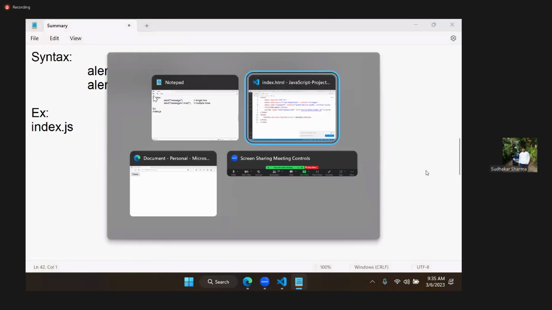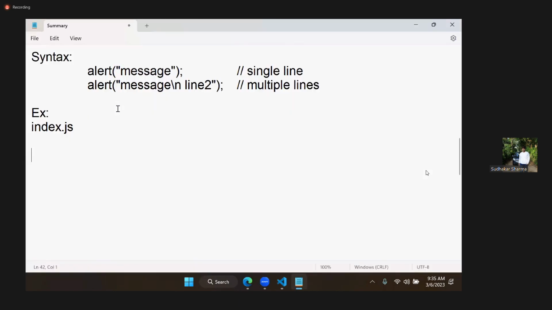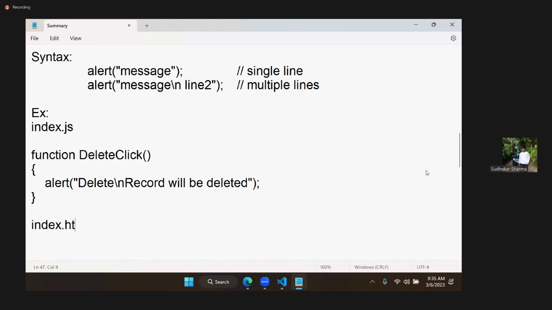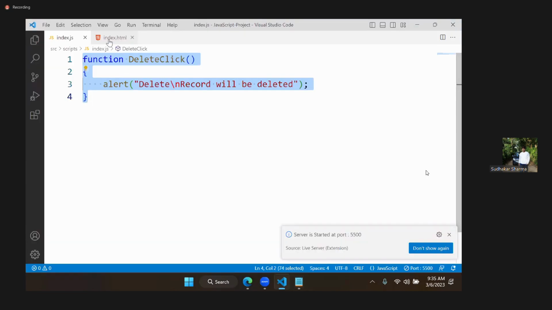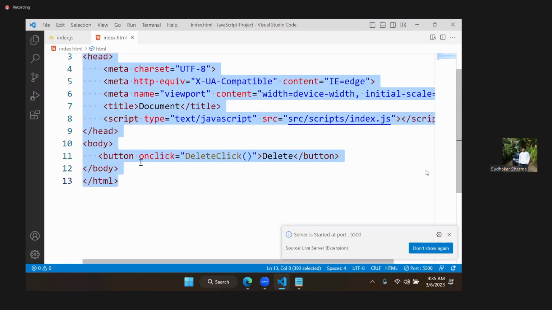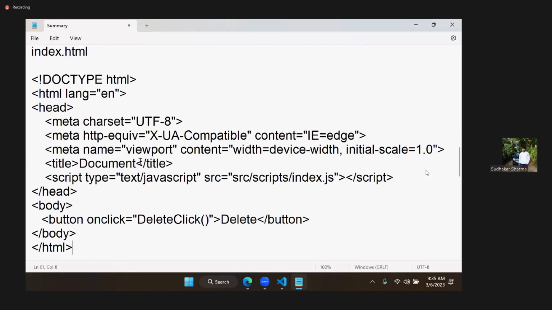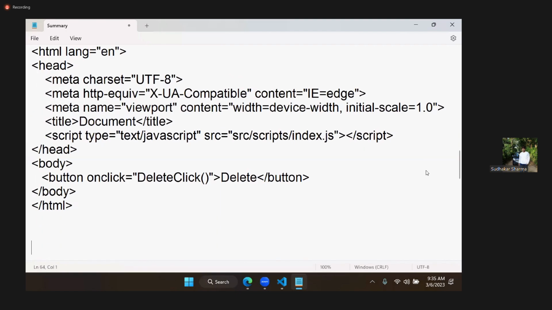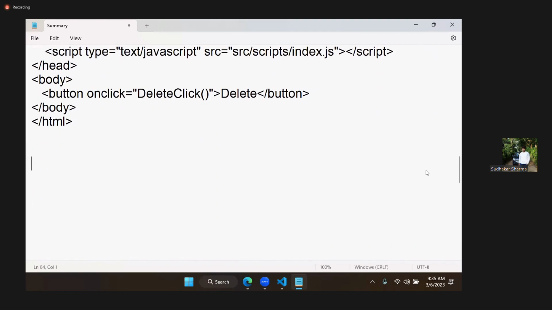Index.js is this one. And index.html is this. We are keeping the content and displaying. Now here, one more important thing: instead of alert,